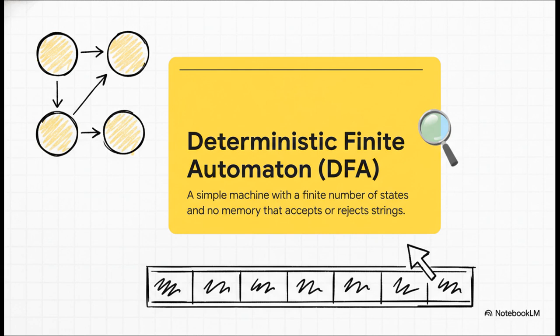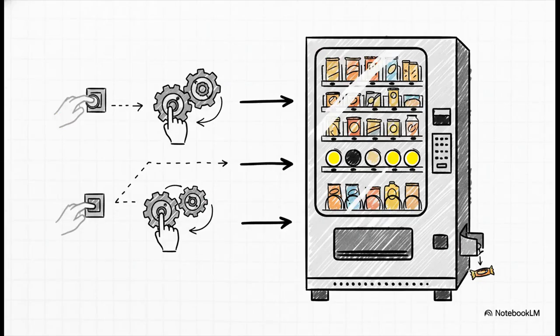Now, the little theoretical machine that actually runs these simple rules has a bit of a fancy name, a deterministic finite automaton, or a DFA for short. Yeah, I know, it's a mouthful, but the idea behind it is actually super simple. It just has a handful of states, like on or off, and as it reads a string of characters, it just hops from one state to another. Its entire knowledge of the world is just, what state am I in right now? That's it.